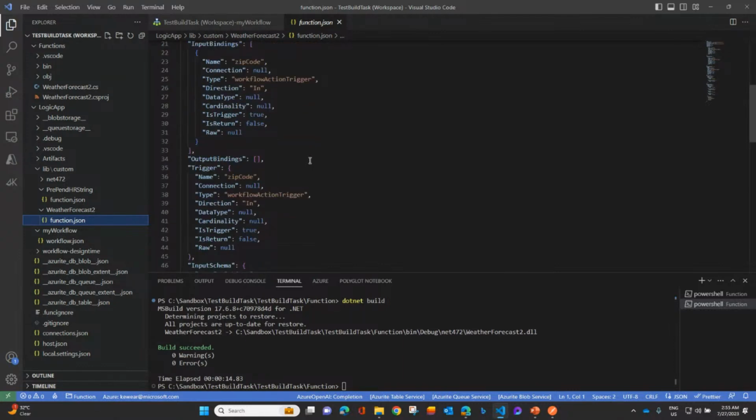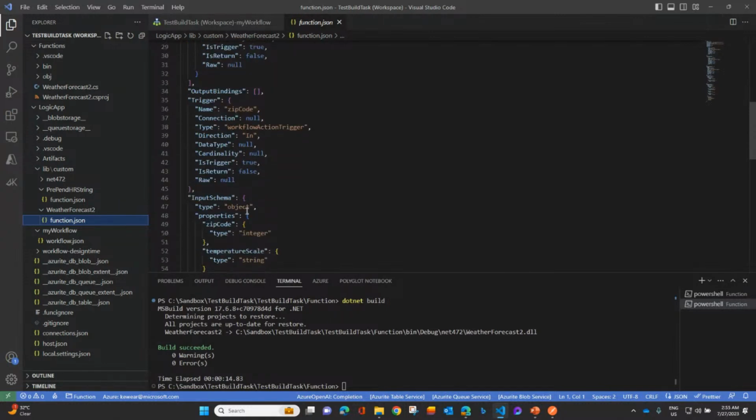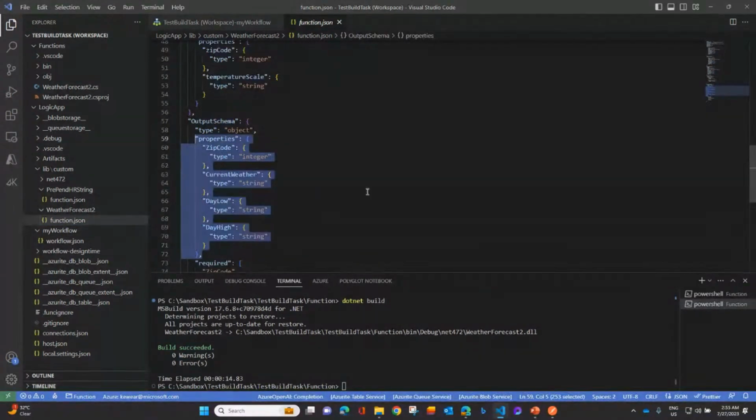So that's why the build task is really important. Whenever you're making changes to your custom code, especially, you do need to compile it, and then when you compile it, we'll